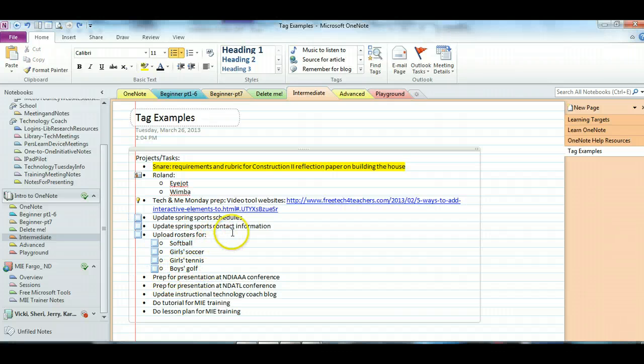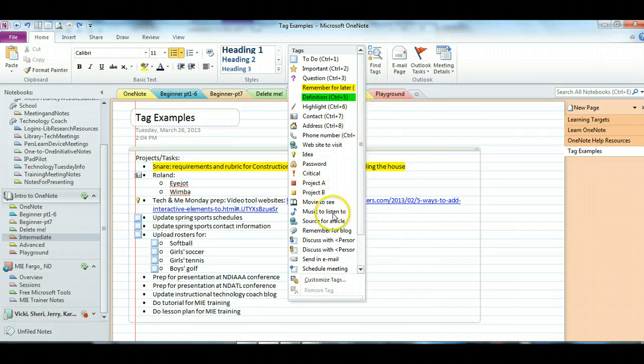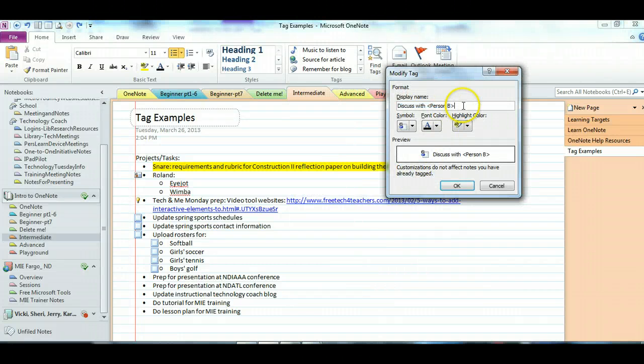I'm also doing some presentations at a couple of conferences, so I need to start prepping for those. So I'm going to be in contact with the people that are tied with that. First of all, I'm going to discuss this with somebody, and what I need to do is modify the tag so it puts that person in here so I remember who to talk to. So I'm going to go ahead and choose Modify this tag, and instead of Person B, I'm going to change this to Athletic Director,